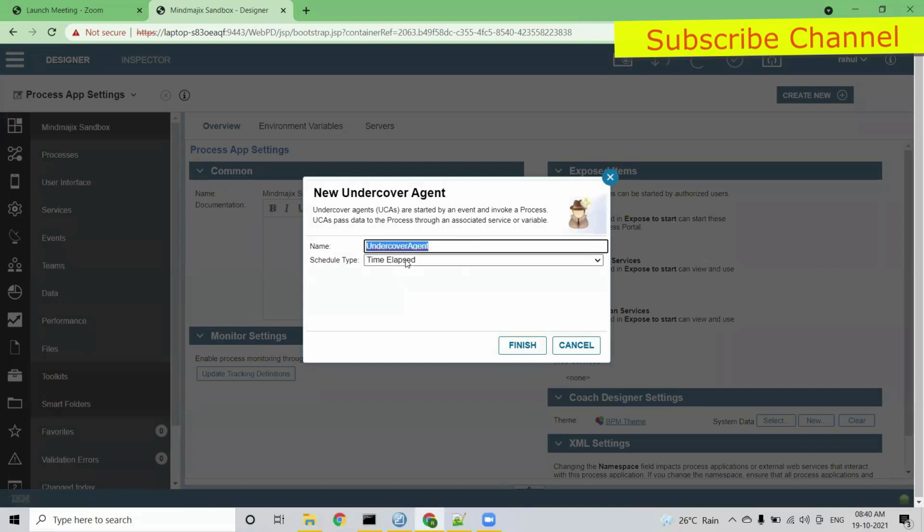So there are two types of undercover agent here. You can see time elapsed and on event. One is based on time and the other is based on event. Okay, so first we are going to discuss the time elapsed. See this very carefully because an exercise will be given to you guys on this time elapsed today. So here I'm going to name this as